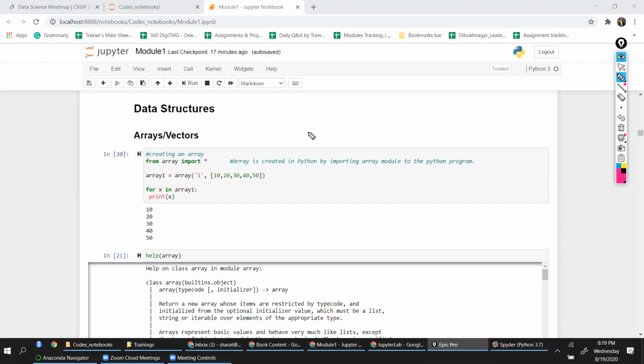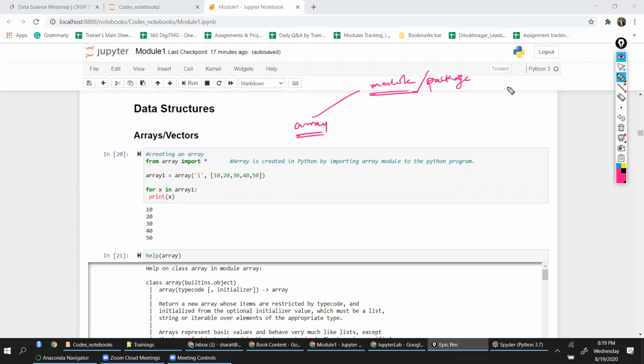This function is available in Python in a module. We call that a module, and it is nothing but a package. We'll discuss that in detail. If you're not familiar with the wording, don't worry.